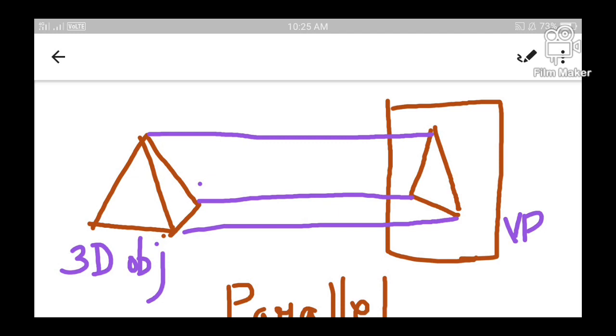Let us take an example. When we see our image on a plane mirror, we cannot see any size difference, do we? No, the actual size of the object and the size of the object which is reflected on the plane mirror will be same. So that is an example of a parallel projection, where the size of the projected image will not be different from the size of the actual image. Both of them will be same, so that the projection lines appear to be parallel to each other.